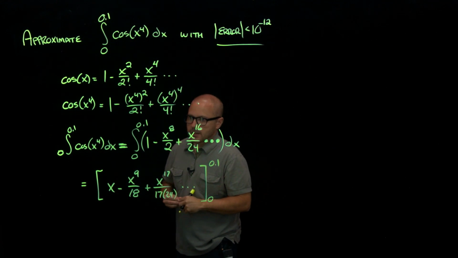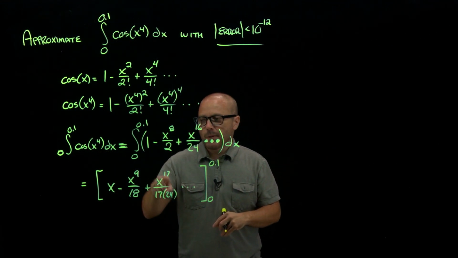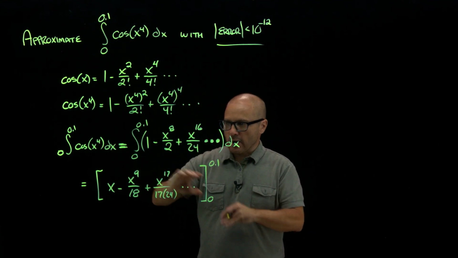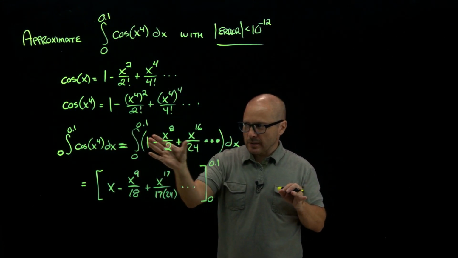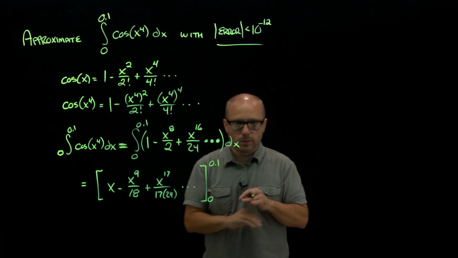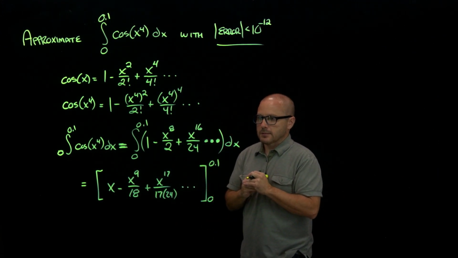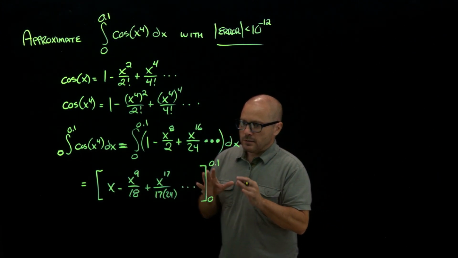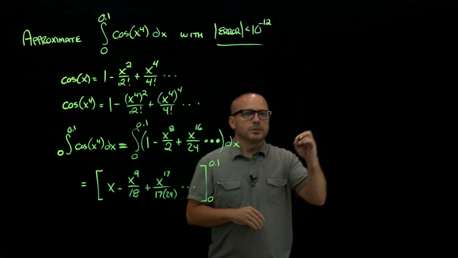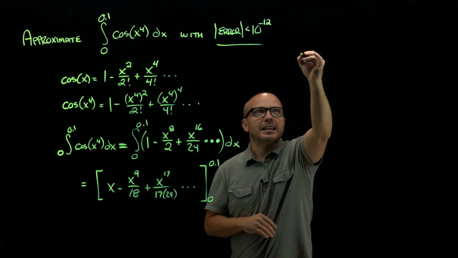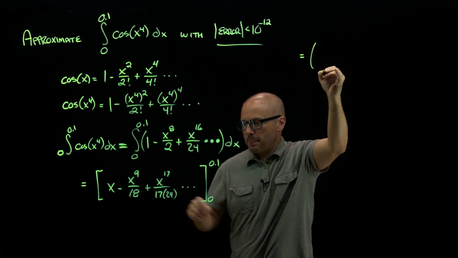OK. Notice, and I'll harp on this all the way through, so far there's no approximation. That is identically equal to that. Term-by-term integration theorem, this is identically equal. There's no error yet. Now, fundamental theorem of calculus. We're going to plug in 0.1. We're going to plug in 0. So over here, I'll say that this is then identically equal to